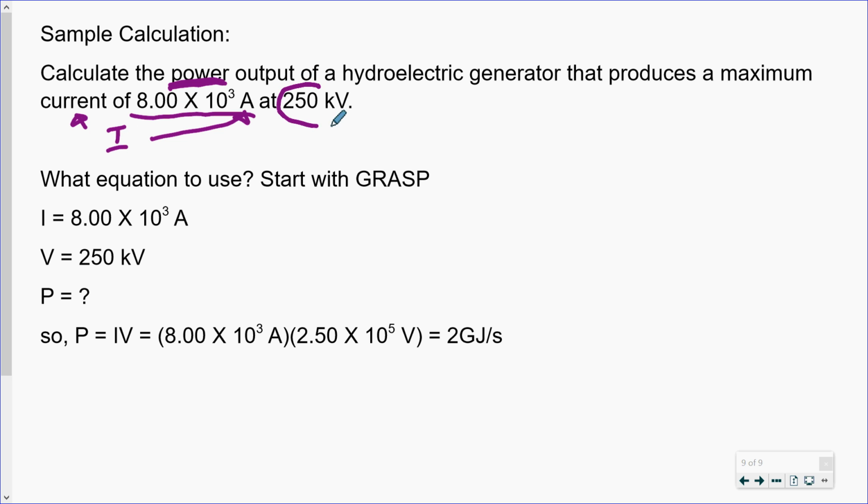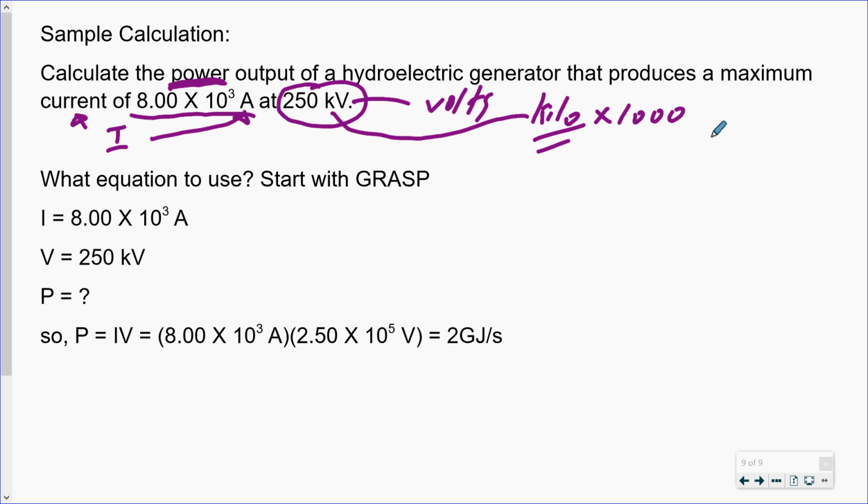We have another number here as well. What is this number? Oh, well, V is for volts. The K, what is that? That's the kilovolts. So this is going to be whatever this number is times 1,000. Okay, so we have current, we have voltage,